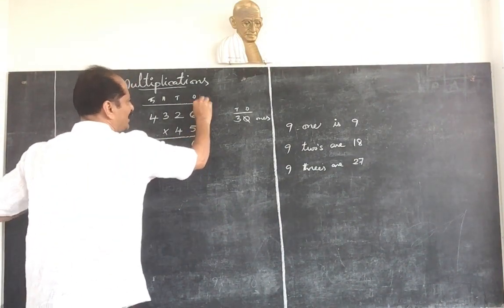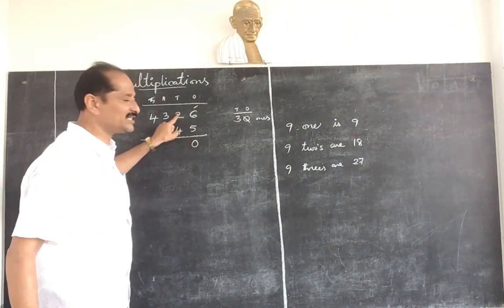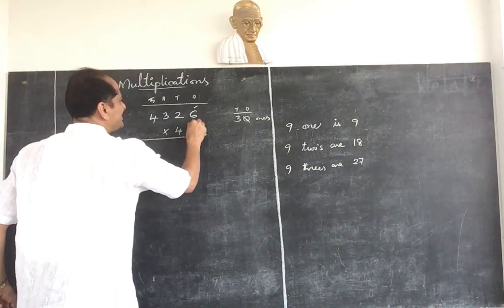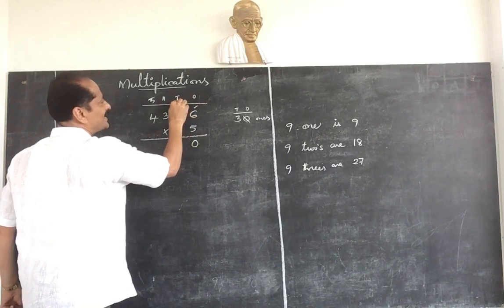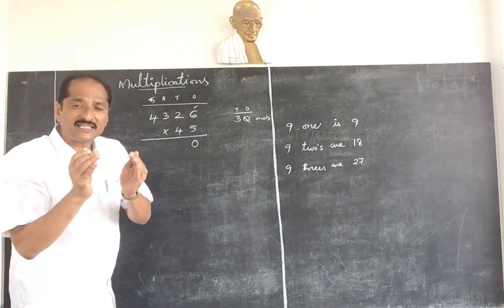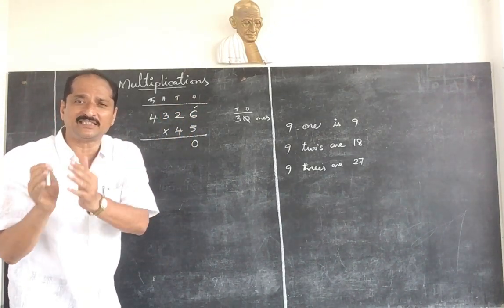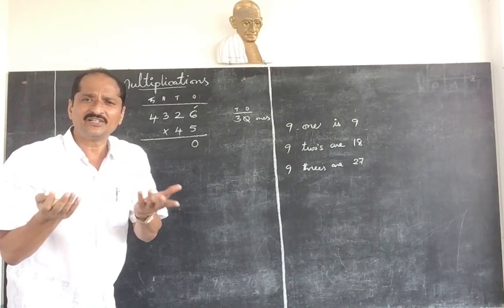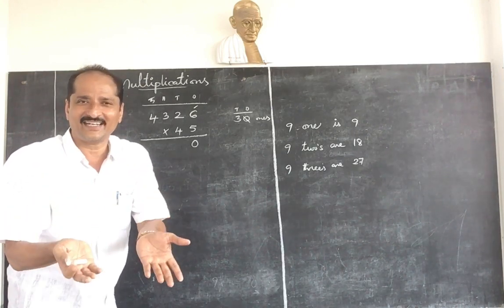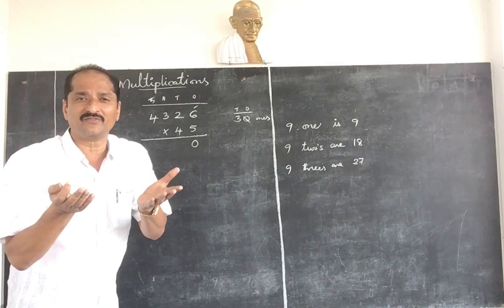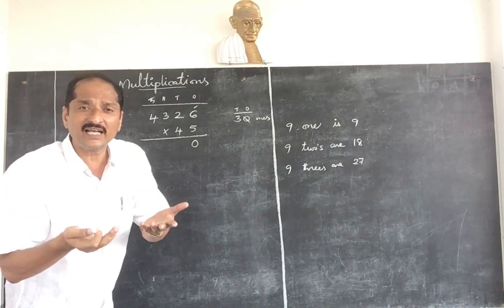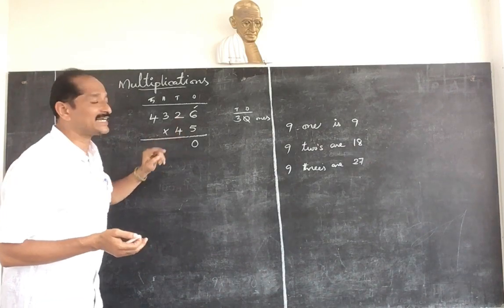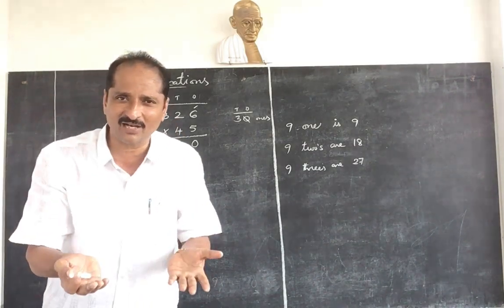With the 6 we have multiplied. Then 5 we should multiply with the 2. So 5 is in ones place, 2 is in tens place. So 1 into 10 we are multiplying. Ones place digit we should multiply with the tens place digits. Tens we are getting. Very, very important. Observe carefully. So how many tens are we getting? 5 twos are 10. That means 10 tens we have got.